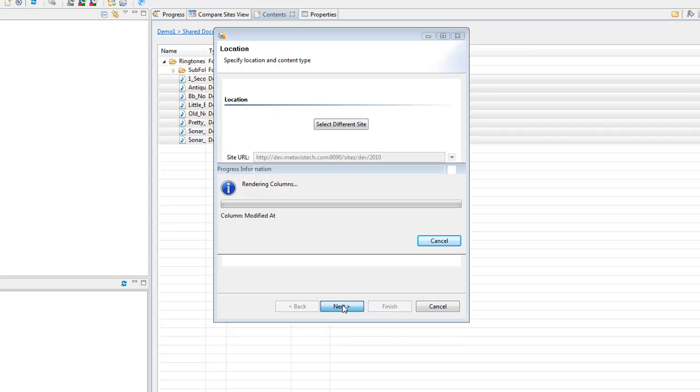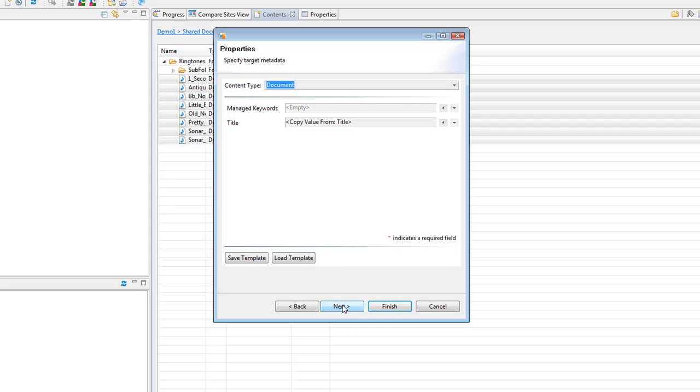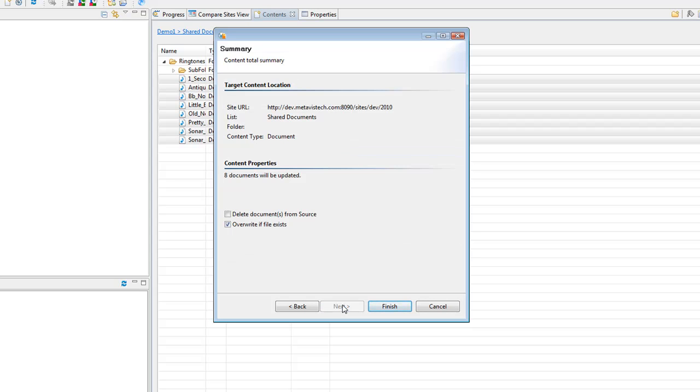I will click next. We will render the metadata that we could change or modify here, and I'm not going to change anything here. In another video we will go into detail about the metadata and how we can change the metadata. Next, we're going to finish this wizard,